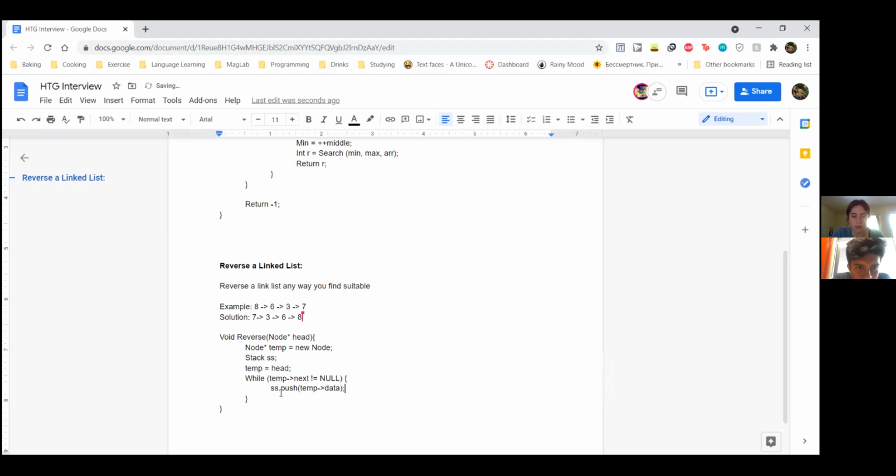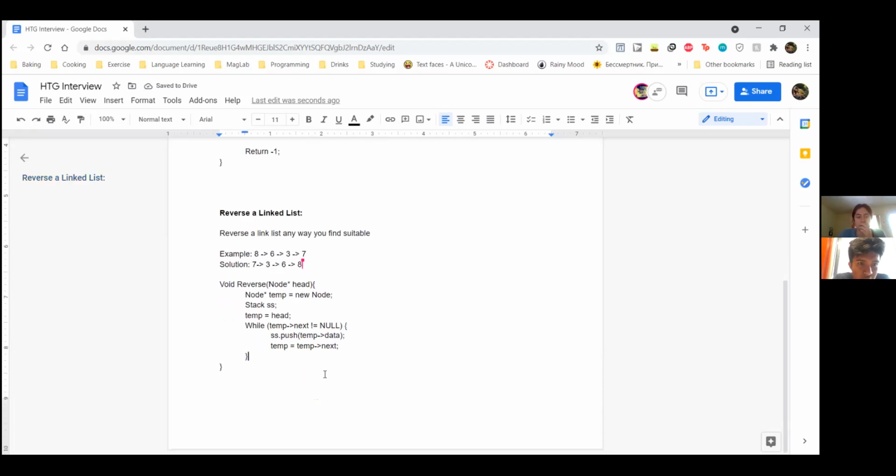Assuming that's the name for that. Right. Okay, and then you would say temp equals temp. Yeah. Okay, and so then that would eventually keep going until you reach the end and it has put